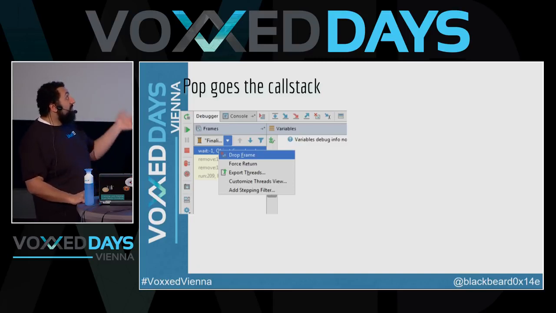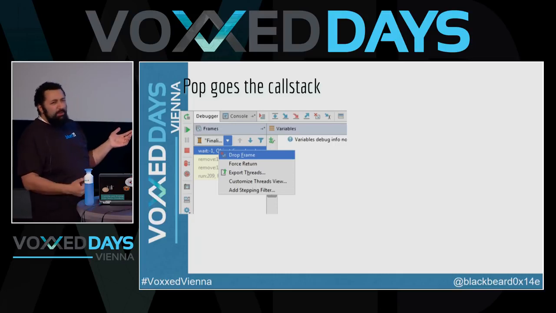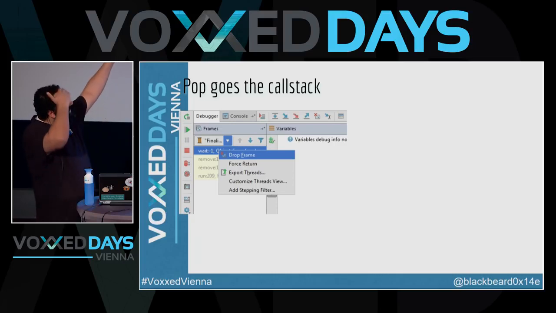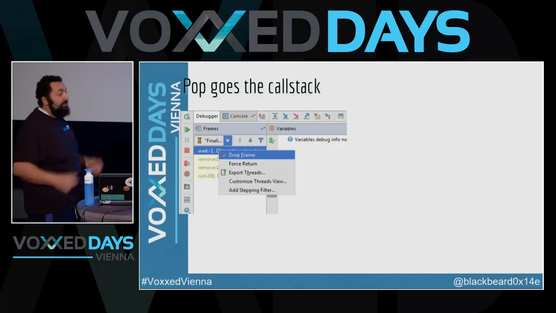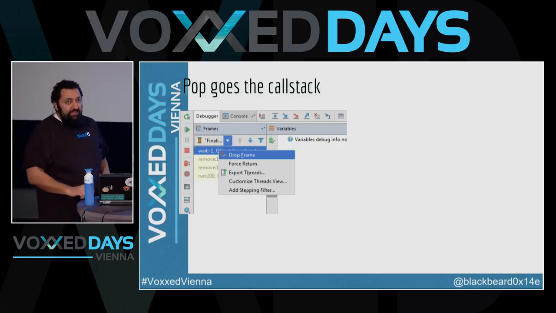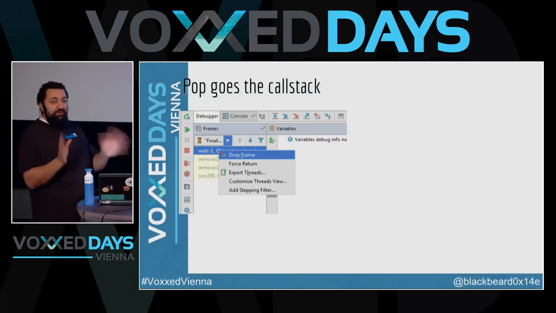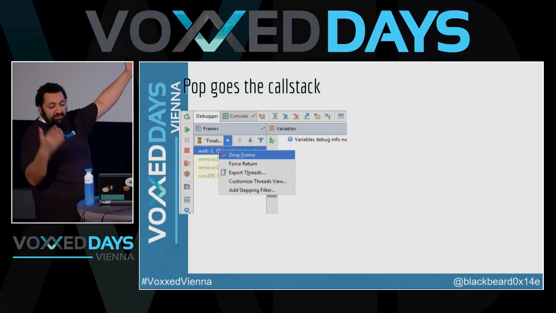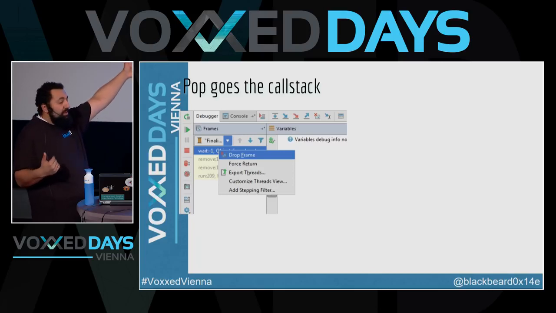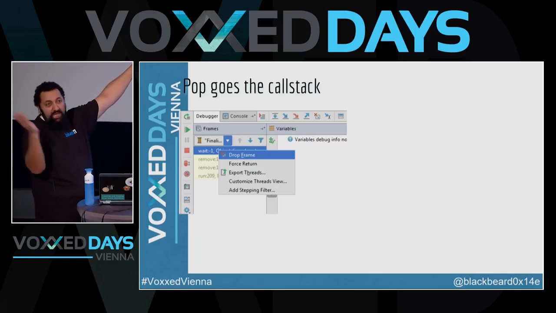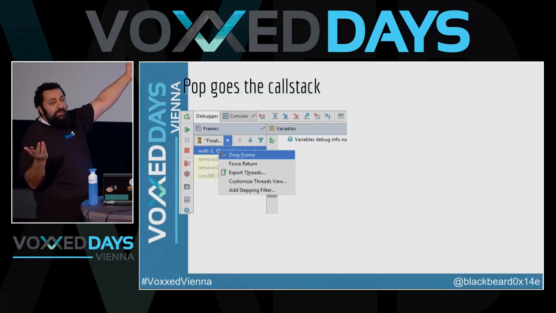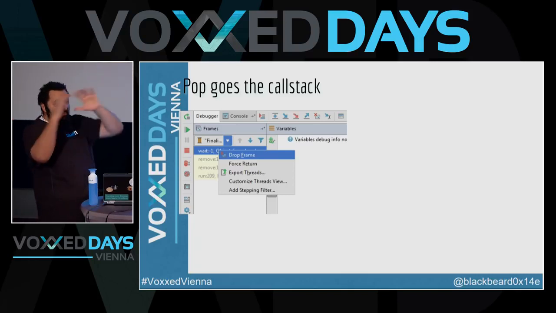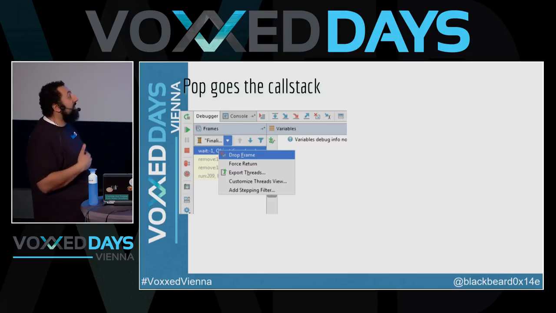The biggest problem with this, I'm not sure if it's the only problem, but the biggest problem at least, is that it only drops the frame actually. If you changed anything outside of the context of that frame, it doesn't really care about that. So if you call a function on an object, for example, and you change one of the members of the object and you drop the frame, that member won't be turned back. So if you did x++, it's already incremented. But everything you do within the function, within the scope of the function, that will be turned back.